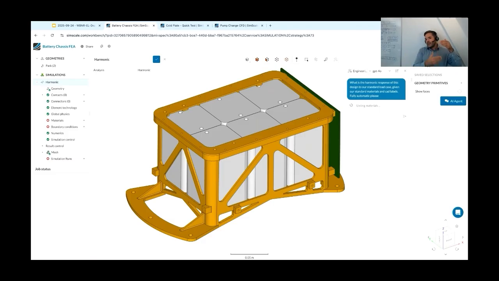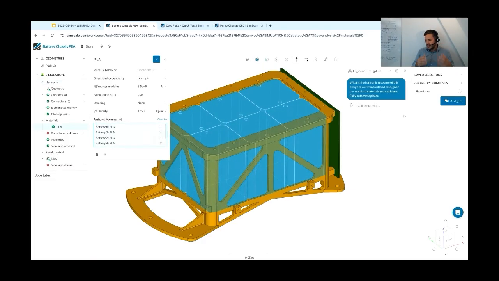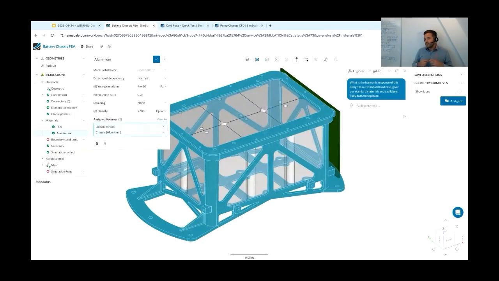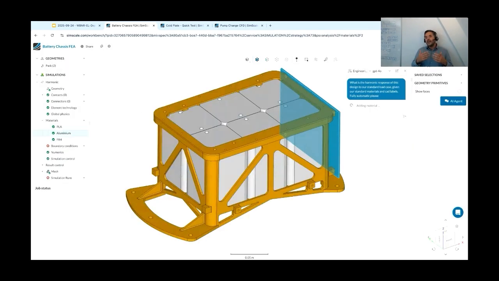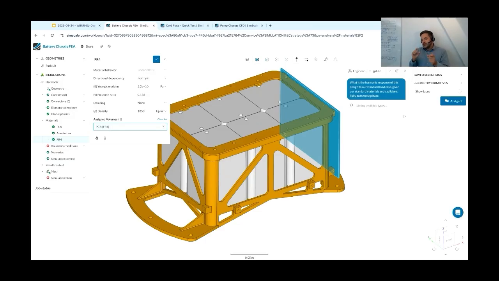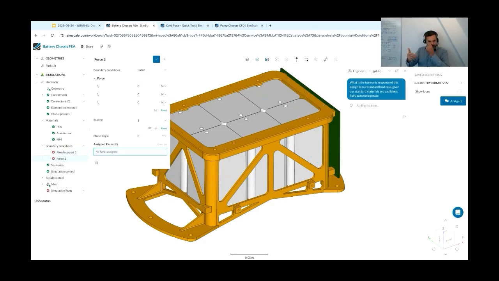Then it tries to reason through: do I find enough information in CAD labels to assign the materials? If not, do I have instructions on how to identify certain parts based on the data that we have in the PLM, et cetera? What we can now see is it going through the different parts of this model, setting up material definitions based on what my engineering team has given it in terms of instructions. So we're done with material assignments. As the next step, a harmonic response requires some boundary conditions, so it fixes some supports, finds some labeling, and identifies the rest.